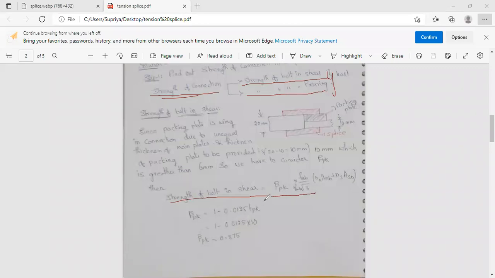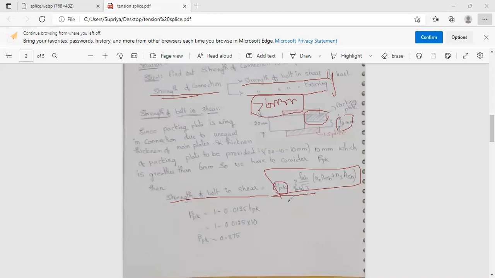Beta pk is equal to beta pk into fub by gamma m1 root 3 into (NnAnb plus NsAsb). Okay, this is the formula. Why did we use beta pk? One plate is of thickness 20 mm and another plate is of thickness 10 mm. So we have to use the packing plate which is greater than 6 mm thickness. If the packing plate is of greater than 6 mm thickness, then we have to consider